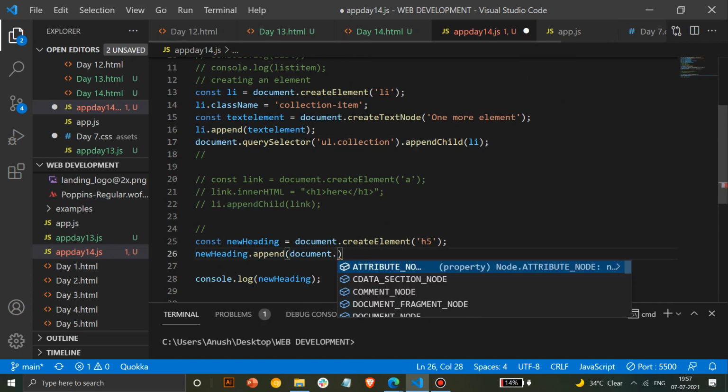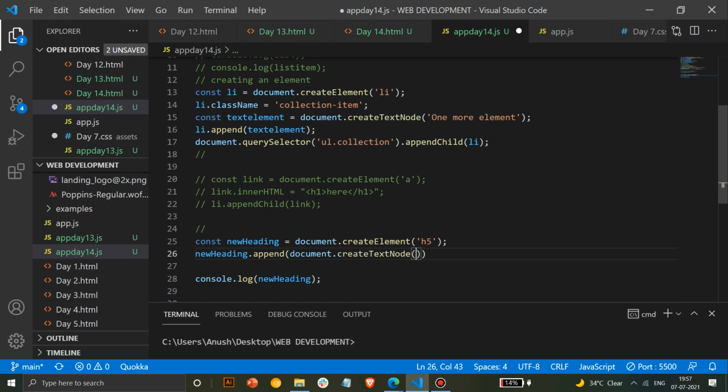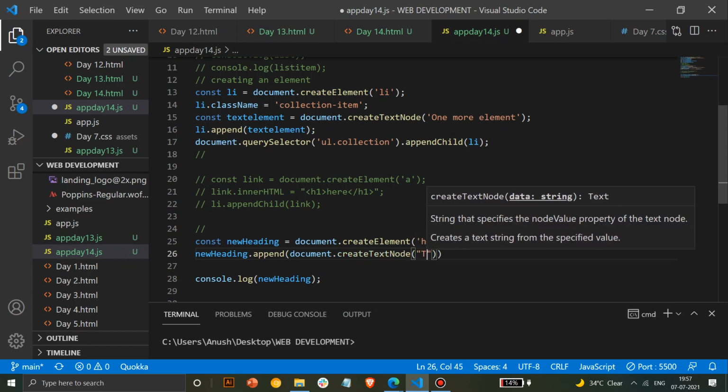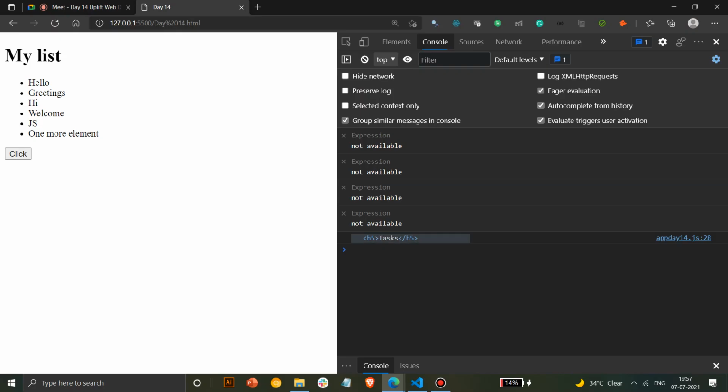Here same thing, we'll create a text node. So we'll do create text node, and here we'll write some text. We'll name this as tasks. Okay, and we'll save this. Now as soon as we have created the element, we can see it in console. So you'll see tasks has been created in the h5 element.